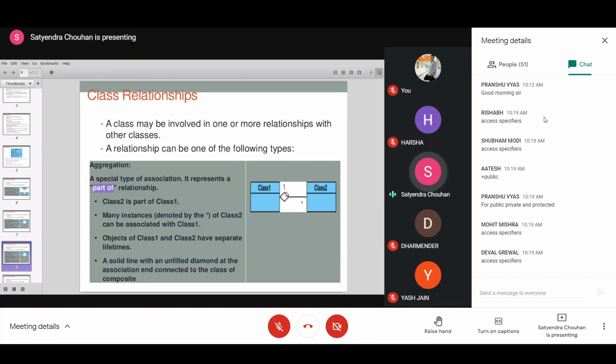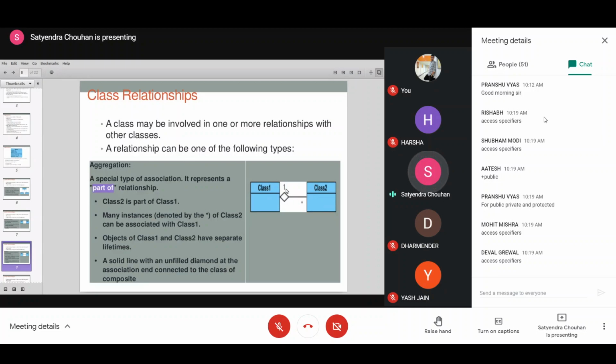You write an unfilled diamond head, and at that end you mention the number of instances of one class involved with another class.